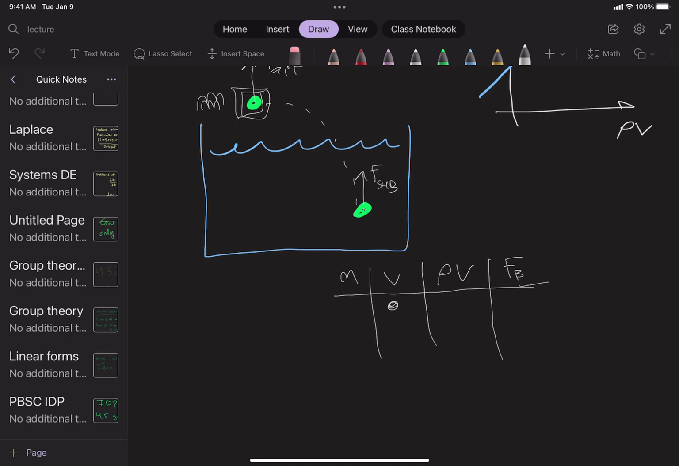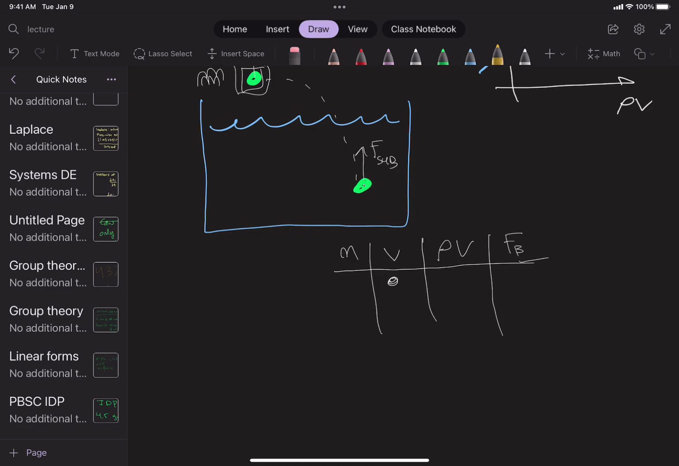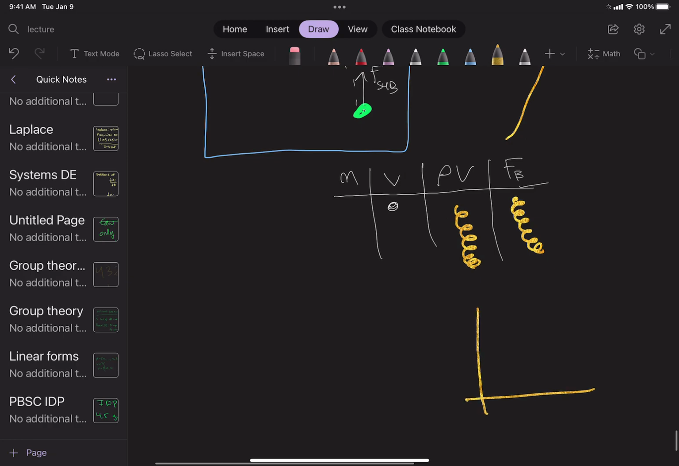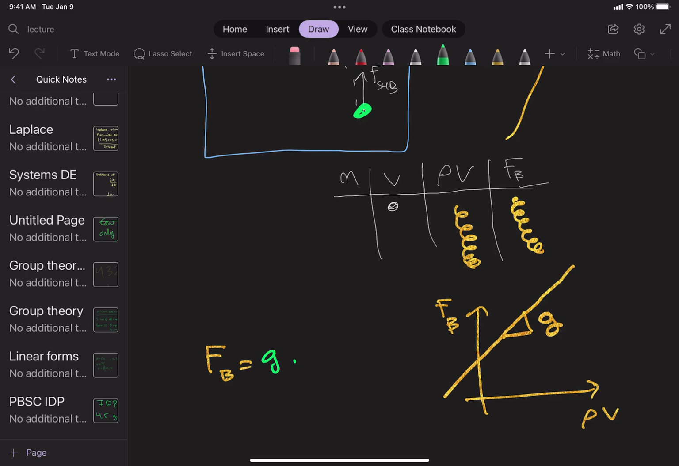And so once you've gotten those terms, then what you'll do is plot buoyant force on the vertical axis, density times volume on the horizontal axis, and that's going to give you this graph here. You plot that, you get a slope, and the slope is going to correspond to gravity, which verifies this equation: buoyant force is equal to g times rho V. So this completes the theoretical explanation for the Archimedes